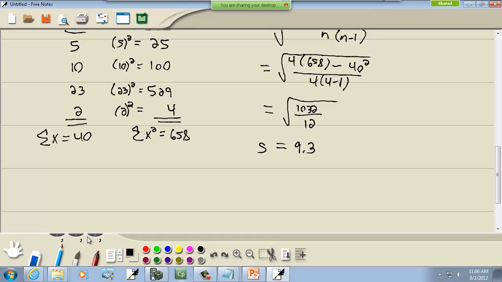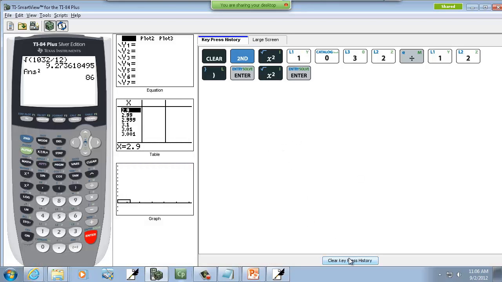Now variance, in terms of the sample, is represented by s squared. So that would be our sample variance. Now population variance is sigma squared, like that. So it's very simple. Now if I'm using technology,